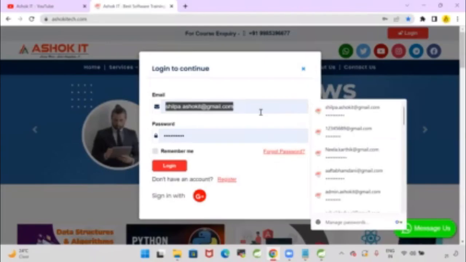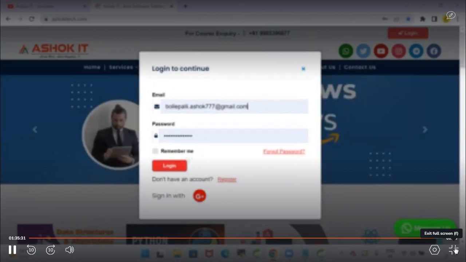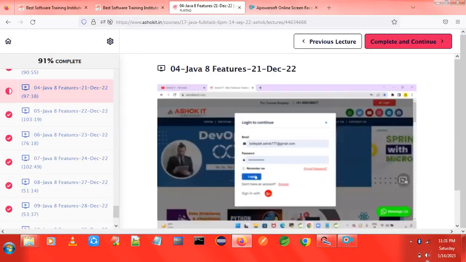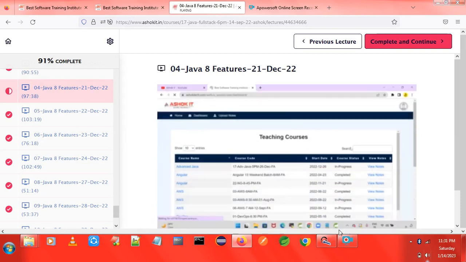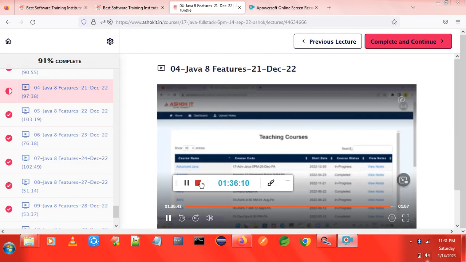Tomorrow we are going to talk about StringJoiner and the Optional class introduced in Java 1.8. Once StringJoiner and Optional are completed, then we are going to start